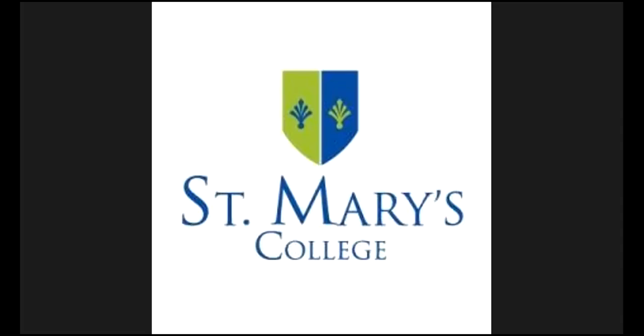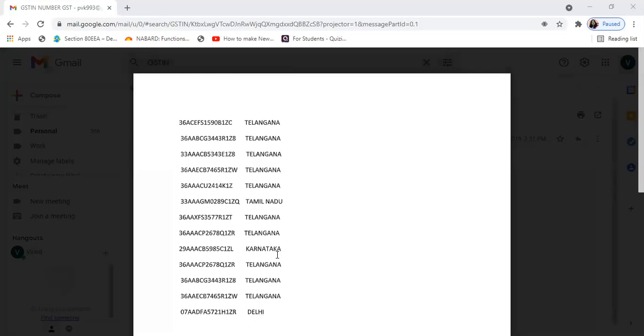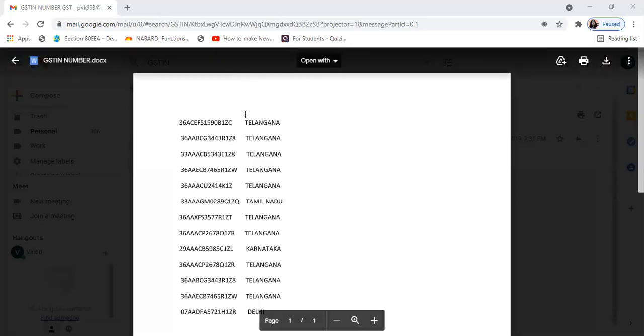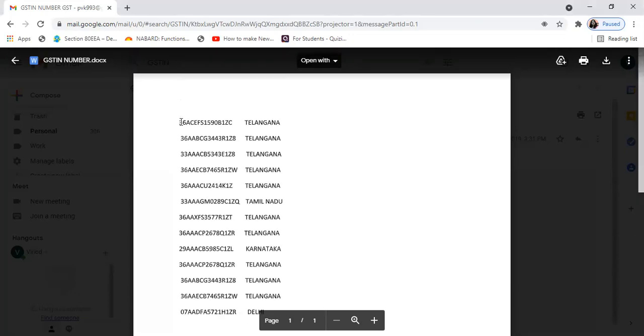This is the numbers I accumulated, within our same state and different states here. These are different GST numbers of Telangana, Tamil Nadu, Karnataka, and Delhi, accumulated from different sources.